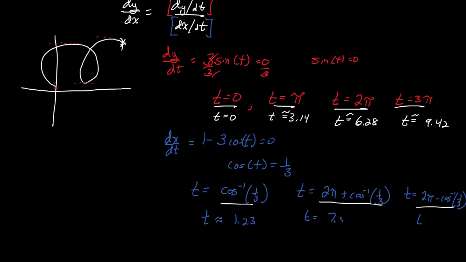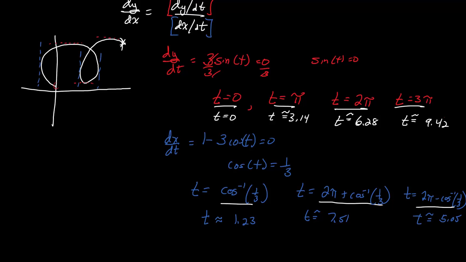So this will be t equals 7.51, then subtracting from 6.28, this will be 5.05. So at those times, we're going to see the plane flying vertically,